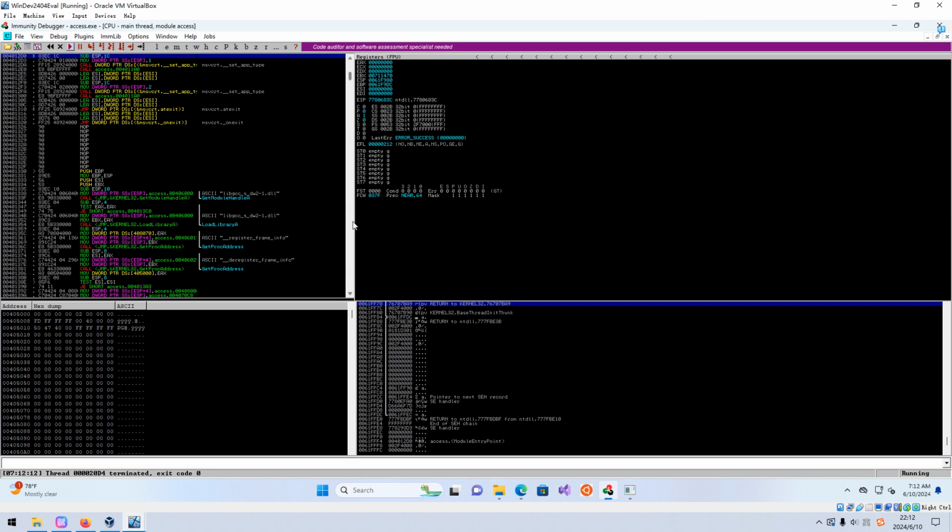However, I think it's not crashed, no crash. So maybe there are some characters that prevent us from crashing.